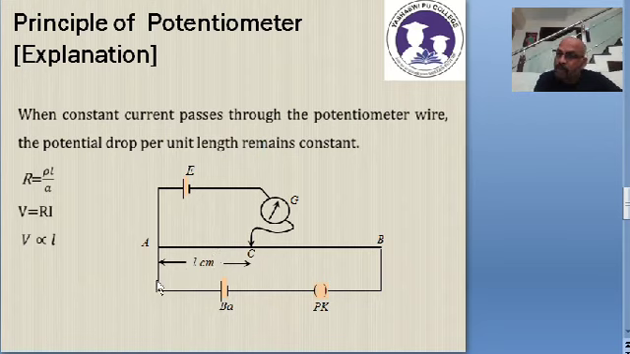Whereas if you just connect a voltmeter in a circuit, that voltmeter has to draw the current from the cell itself, because it has no special arrangement for the voltmeter to function. So